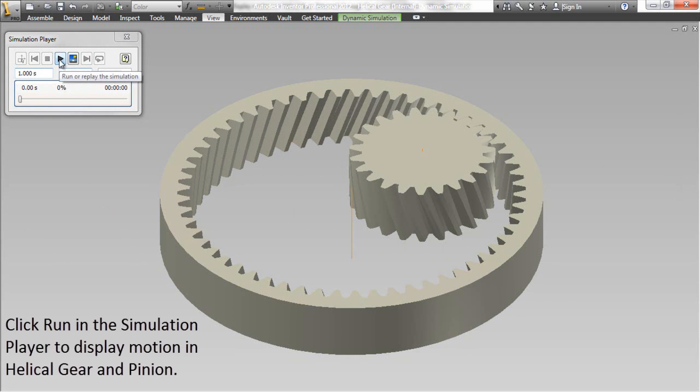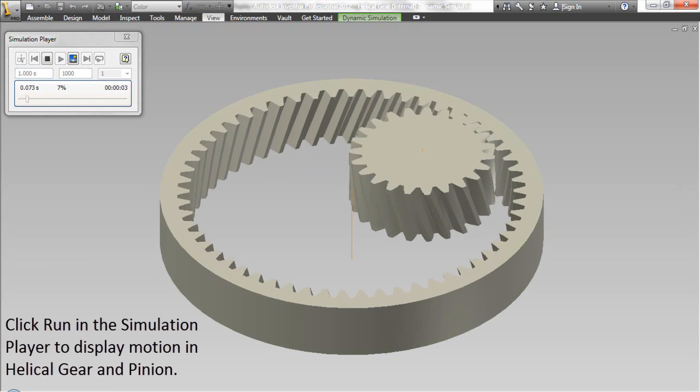Click Run in the Simulation Player to display motion in helical gear and pinion.